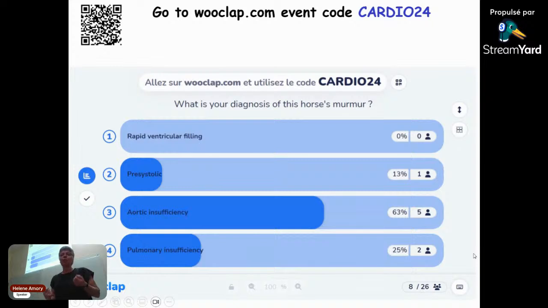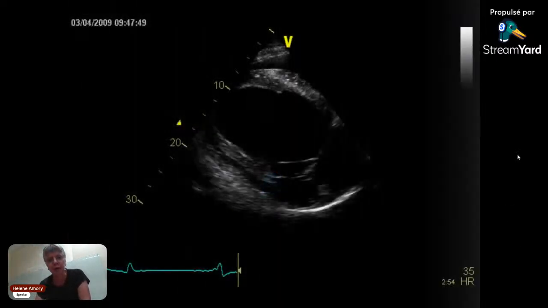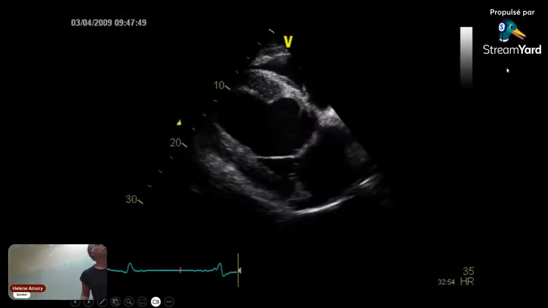And the point of maximal intensity of those murmurs in diastole is in front of the ventricle, more at the apex of the heart. Here we are on the aortic area. And the murmur is irradiating broadly, which is not possible with a physiological murmur. And pulmonary insufficiency, remember, is difficult to hear with the stethoscope. With such a prominent murmur, it's not possible that it could be. You can have a pulmonary insufficiency associated, but it's not this pulmonary insufficiency that will be responsible for this murmur. Thus, let's see what the echo says.